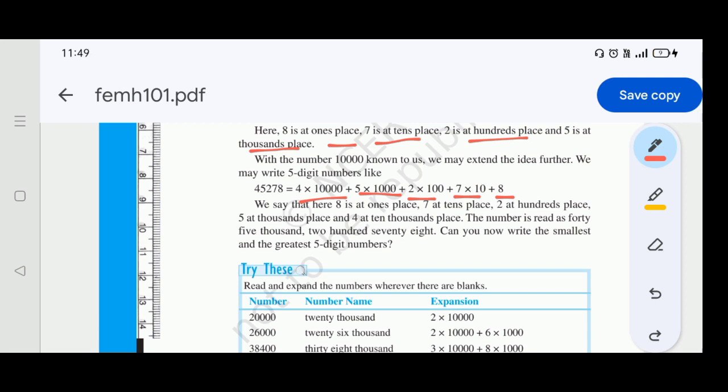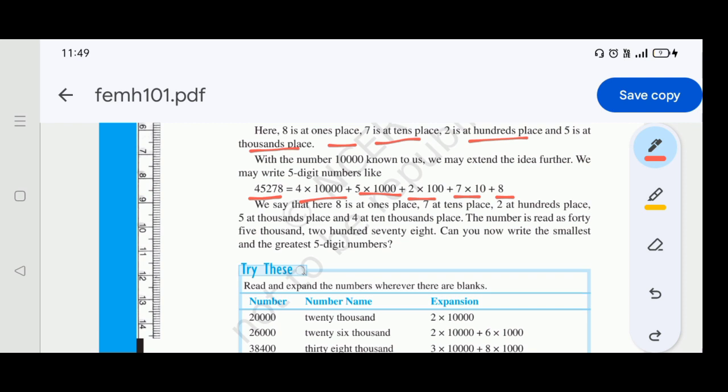We have to just count the digits. Here we have 5 digits. So the last is units place, the second last is tens place. Similarly, moving from right to left, we have ones, tens, hundreds, thousands, and 10,000s. So in this manner we can easily remember the order of the numbers, so that we can easily write the